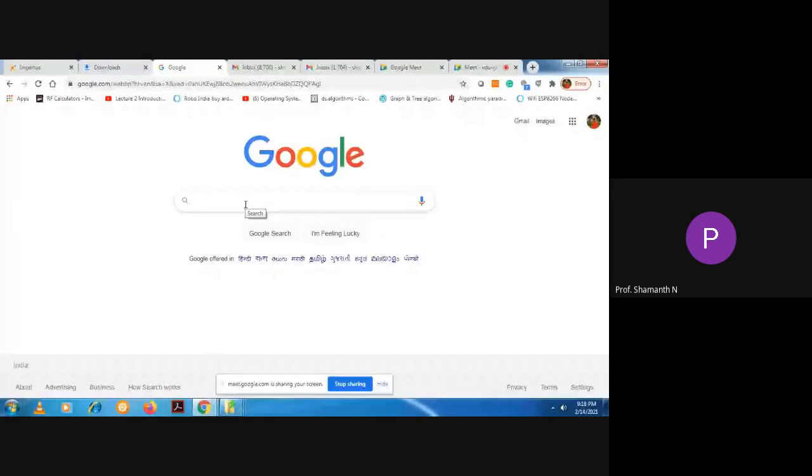Dear students, I will be giving a tutorial on Tinkercad. So this Tinkercad you'll be using in your mini project to implement the IoT projects for your microprocessor and computer organization course. You have to implement an IoT project using Tinkercad. So Tinkercad basically it's a simulator used to implement the IoT project.